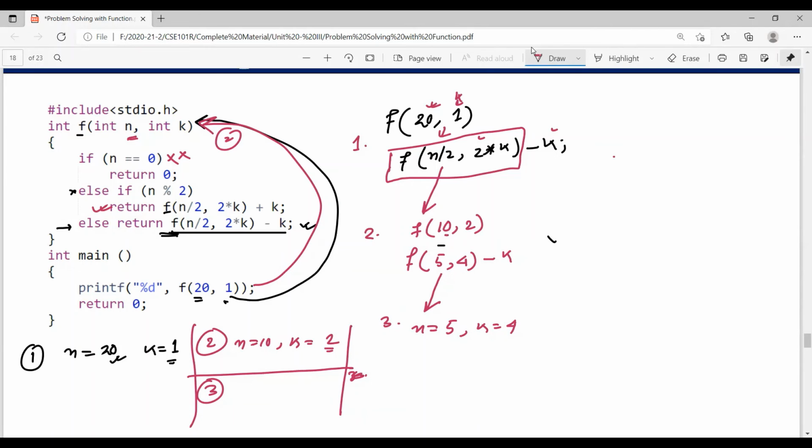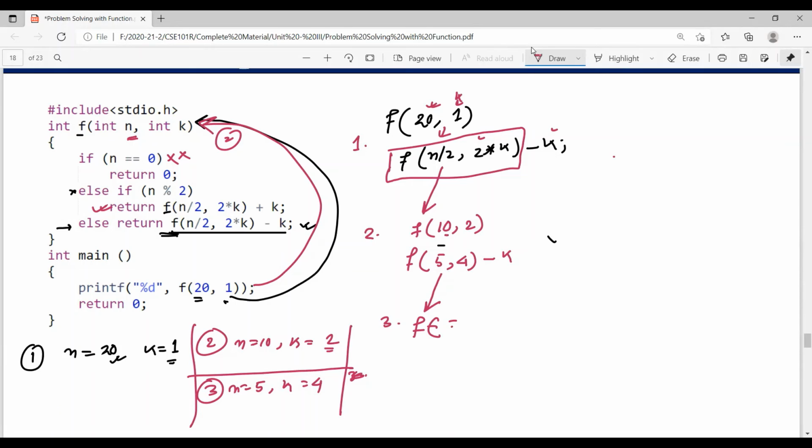So it's writing a statement over here. n is 5 and k is 4. This is the third function call, calling f with the values 5, 4.